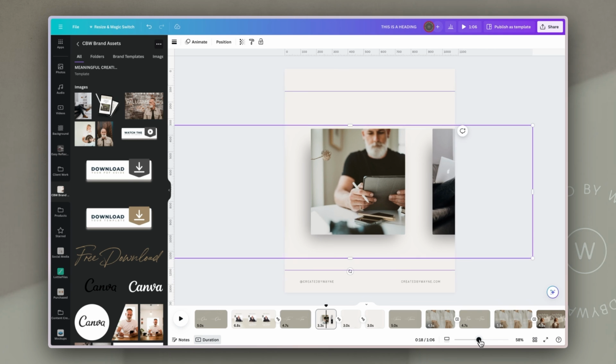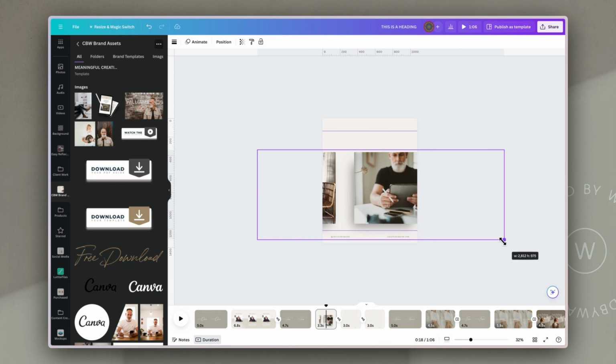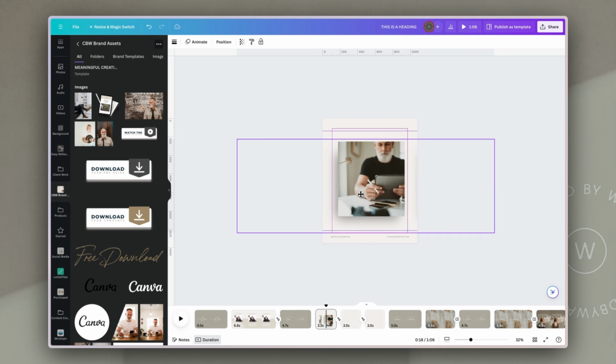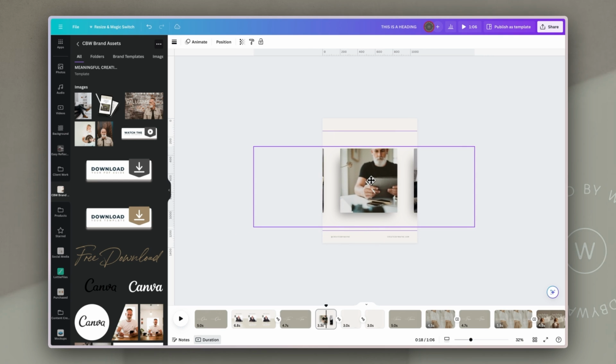If you need to zoom out, just do that using the slider, or you can use Command or Control and your minus key. And I'm just going to enlarge this so that it shows just one of them, but you can see that there are others slightly off screen. So that just teases people that they know that there is something there that they're going to be able to